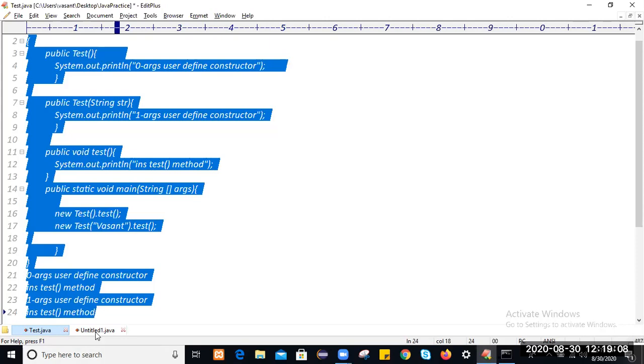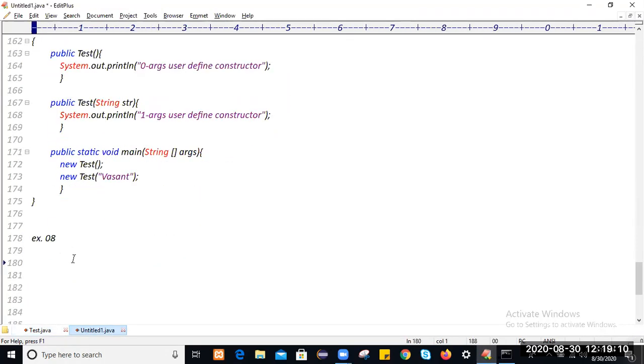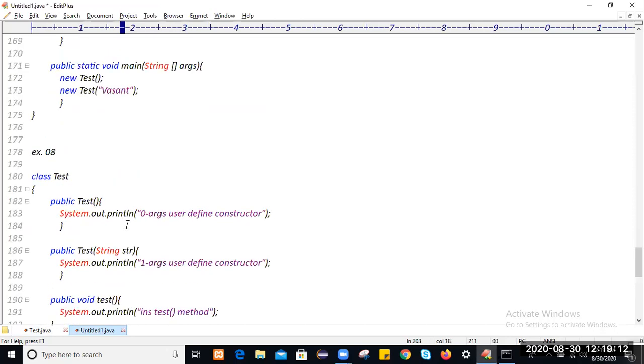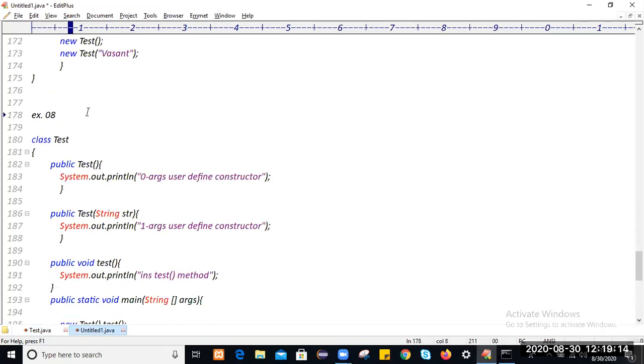Am I clear? Am I clear with this example? On every object creation, we can call an instance method.